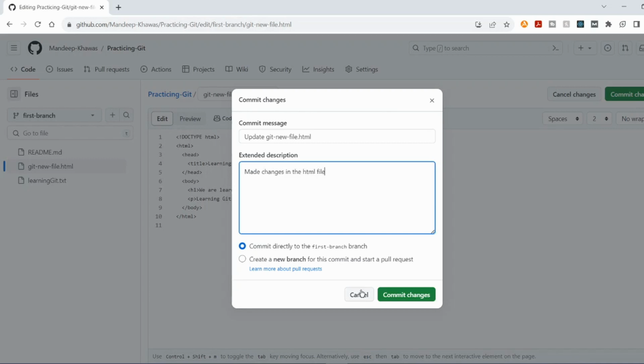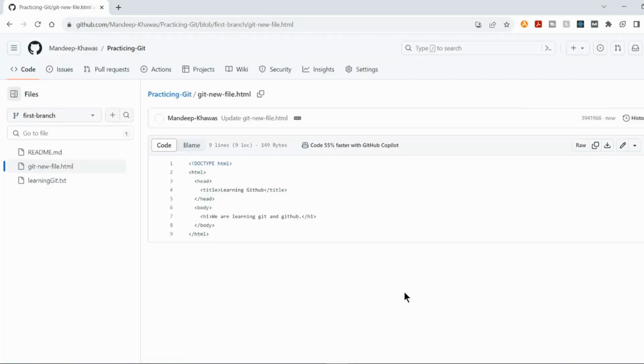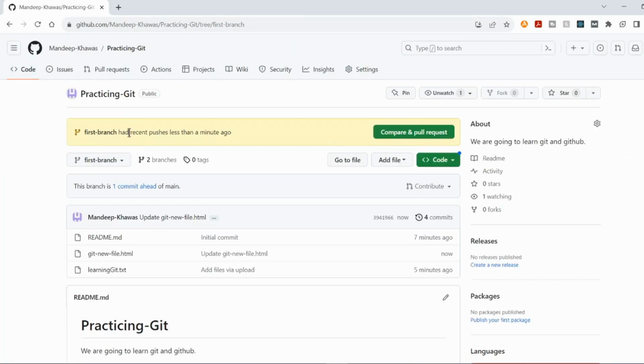Let's just do that, and you can either create a new branch and start a pull request, or you can commit directly to the first branch. So I will commit to the first branch directly. So you click on commit changes. So now if you go back to the code by clicking here, you can see that there has been some changes less than a minute ago. So you go to the main